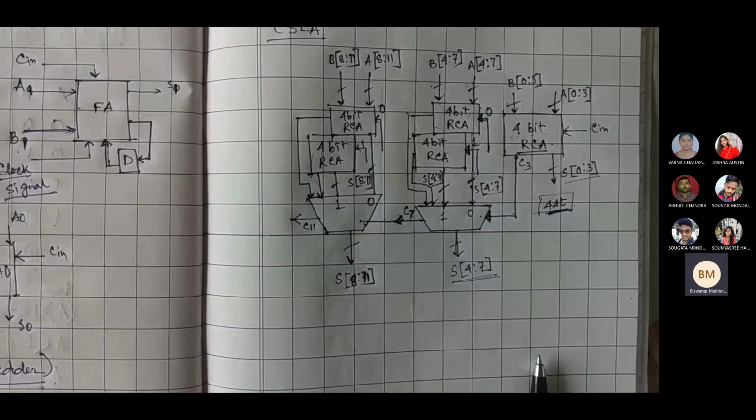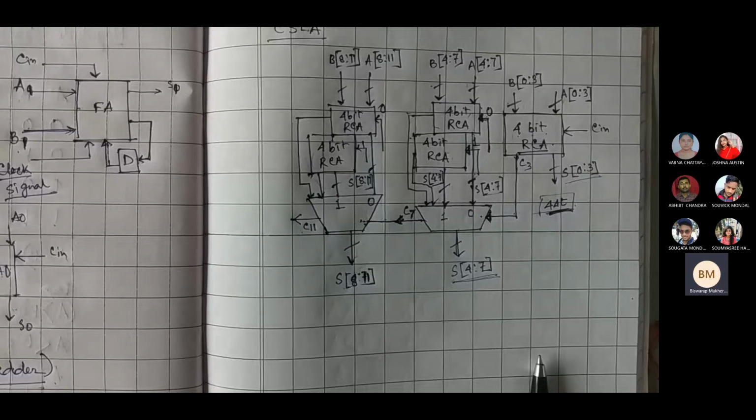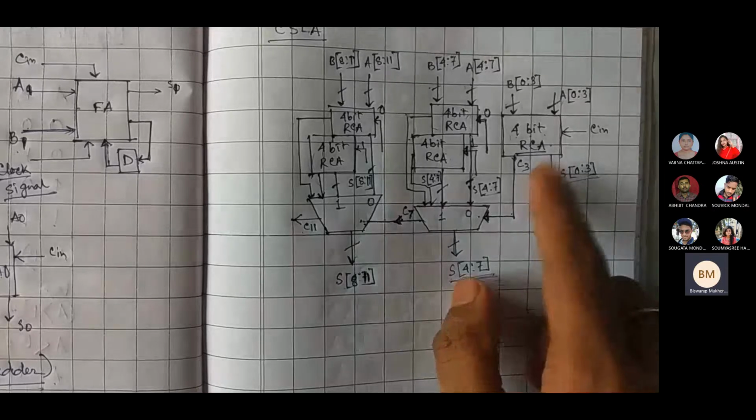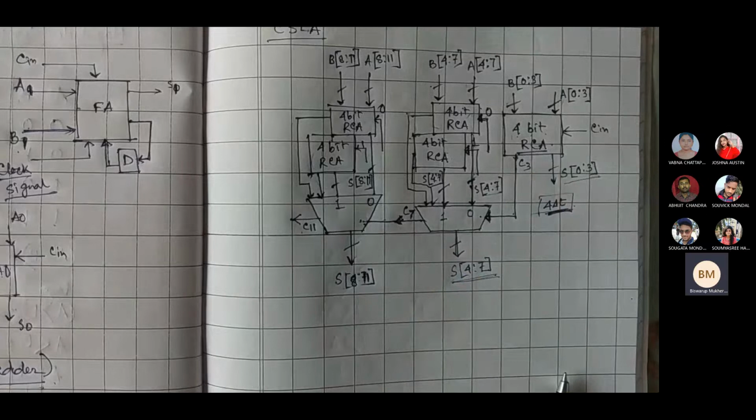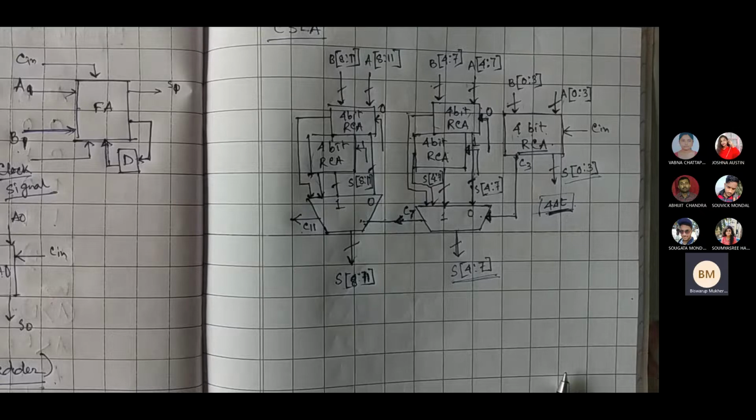So though we are increasing the number of bits of the operands, we still get the outputs right after 4 delta t, which is the initial delay for the RC adder. In this way, such a carry select adder works.